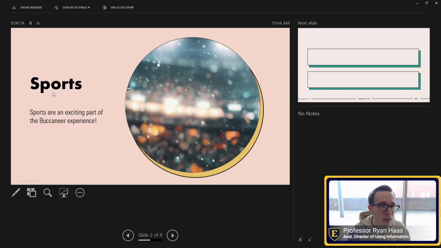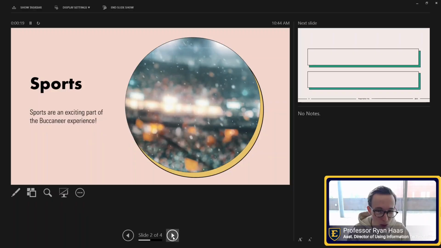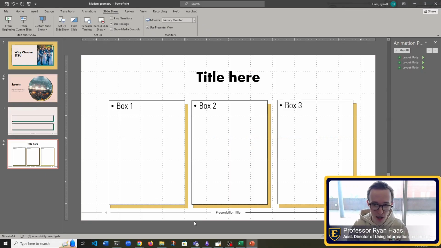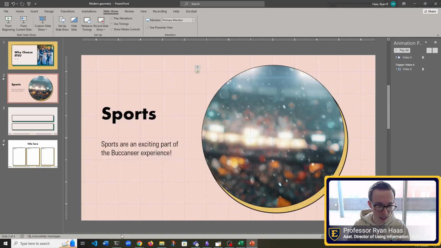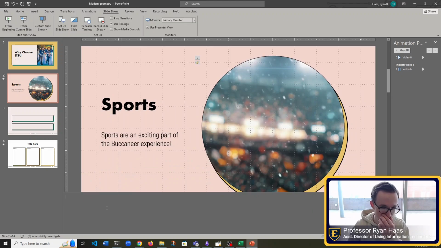So now in this view, you see something quite different. You see this view where you can advance slides down here, and you can actually see notes over here. So you can write yourself presenter notes on every single slide. So when I'm in a normal view, if I actually click and drag up from the bottom, you can see I have this notes section here.